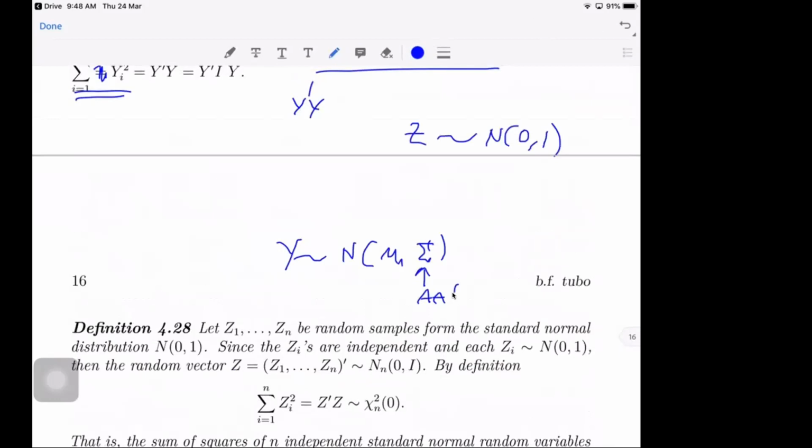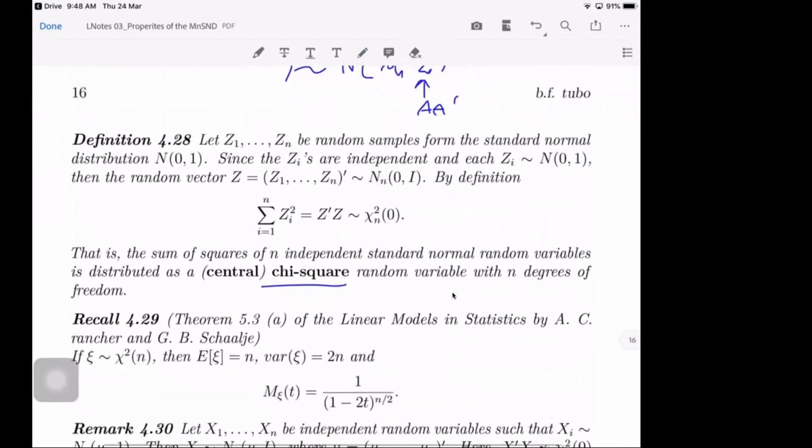And then we did a transformation on z, say a z plus mu, and arrived at this distribution. But it's still normal. Pero pag quadratic form na, we start with a standard normal distribution, say z1 to z2,